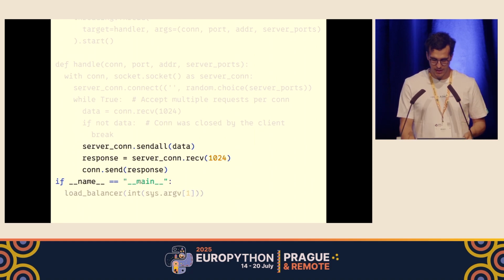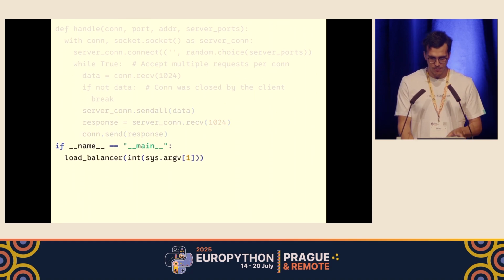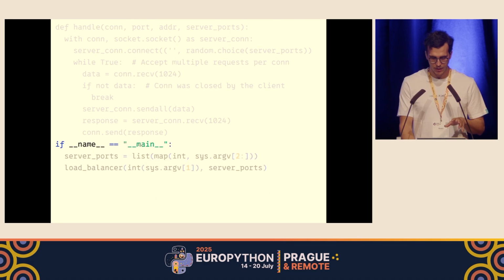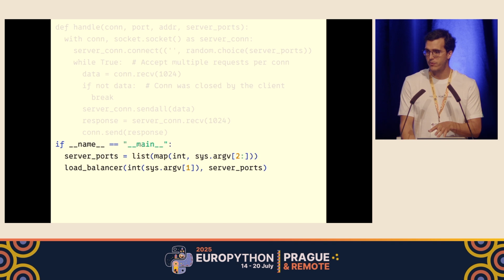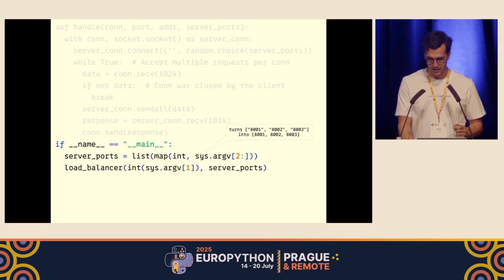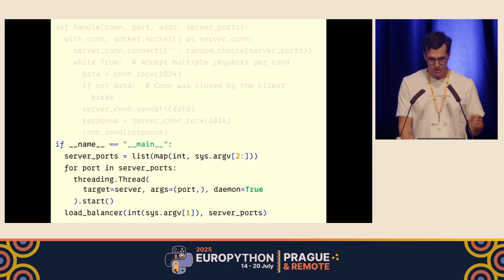And yeah, like I said, finally, I'm just going to change the name, and the load balancer is going to have the server ports, which is a list that is going to have to turn the strings that I get from the script into integers, and they're going to be passed into the server ports. The integers are going to be generated from the strings, and the servers are going to be running in the background as daemonic threads, okay? Hopefully this is familiar. I'm not stepping into the limits of what you understand about threads, about sockets. Is everyone okay running now, for now? Okay, cool.